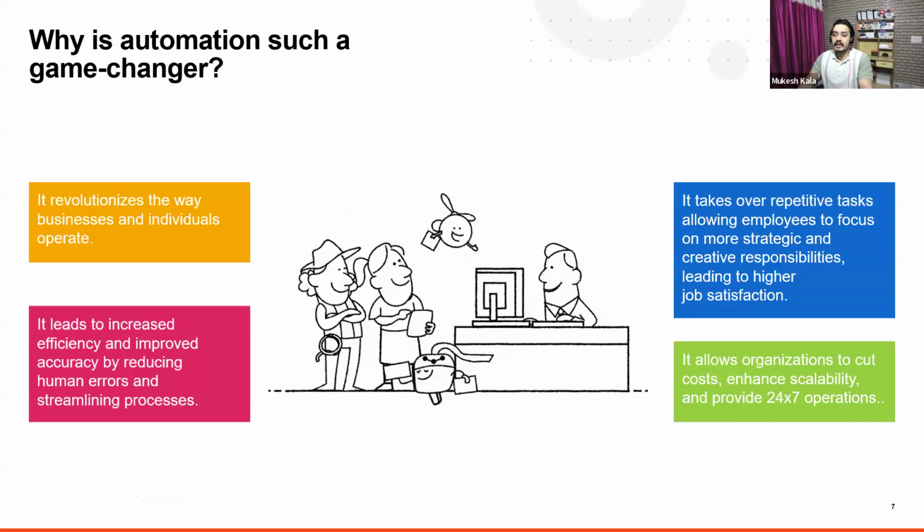Now, how is it a game changer, why is it so important? It can actually change the way business and individuals are operating today. As an individual, you are doing a lot of mundane repetitive tasks. Let's take an example. Today you have to buy, let's say, an iPhone. Before purchasing it, you would go to Flipkart, Amazon, Croma, Reliance Digital, and then find where you are getting the best deals, which card applies, and then get an answer. So basically, for one task we are going to four different pages.